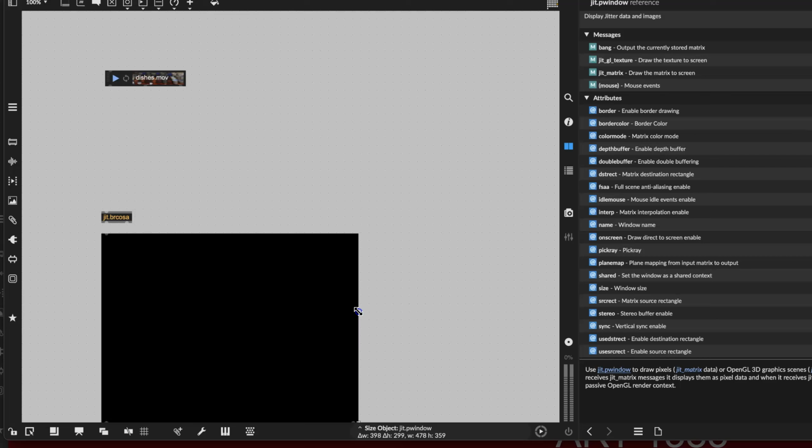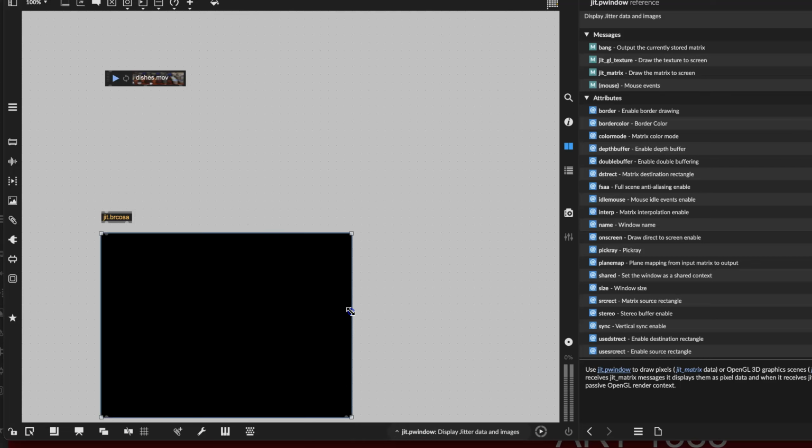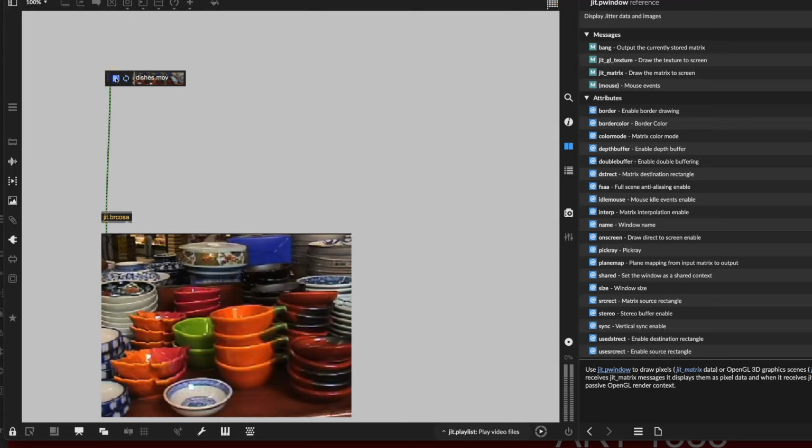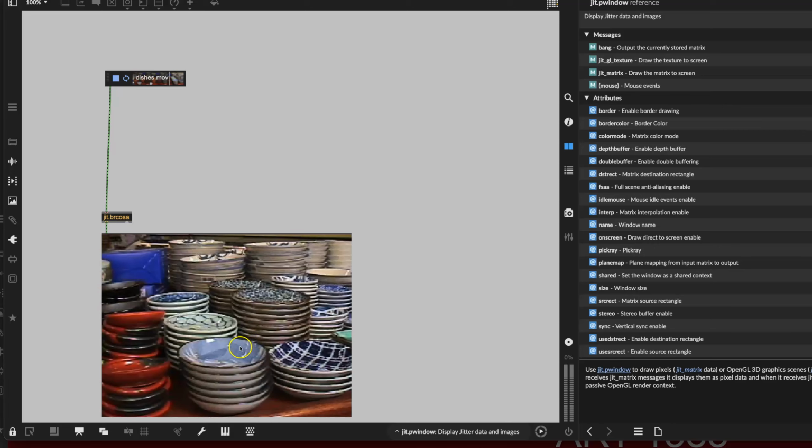So great. We have most of the elements we need here. I'm going to connect this up so we can see it, and then I can connect this to the brcosa, and we can start it. I just locked my patcher, and we can just start it playing and looping. So very colorful indeed,